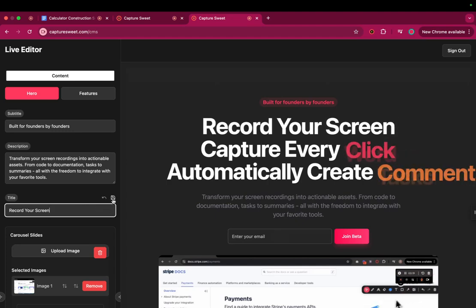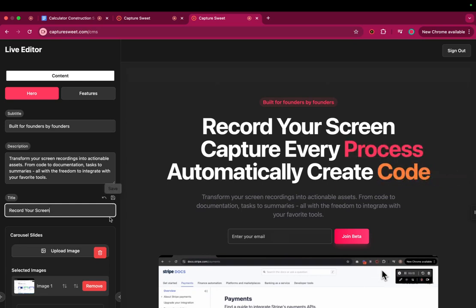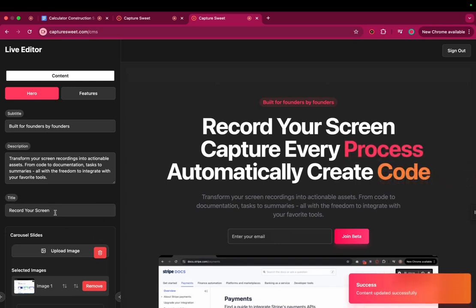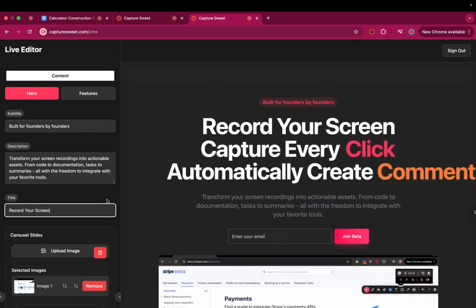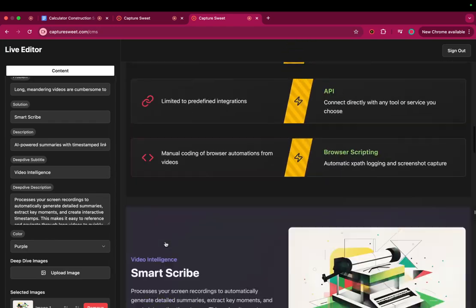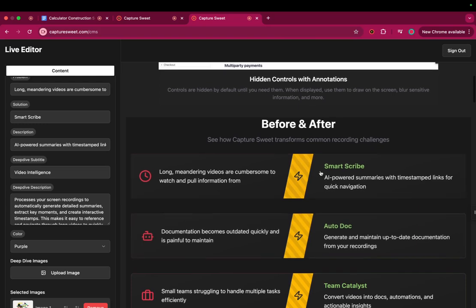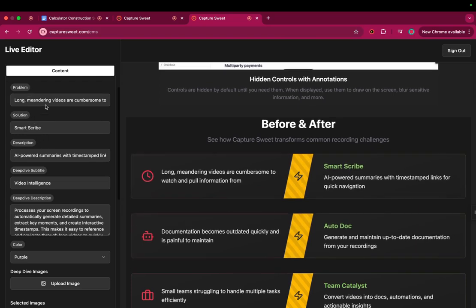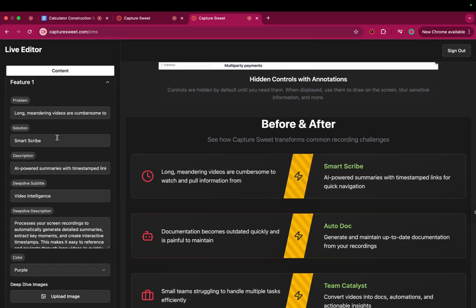But this was a specific thing that I wanted. Usually it would have these big clunky buttons, but I hate those. It just takes up so much real estate. So what I actually want is something where, if there's a change, make a little icon and hide it, so I have a visual cue that I need to save something or not. And then I've got all the features here. See, these are all the features down here. And so what I've done is I've linked them, like feature 1 is Smart Scribe. Okay. So problem, solution.